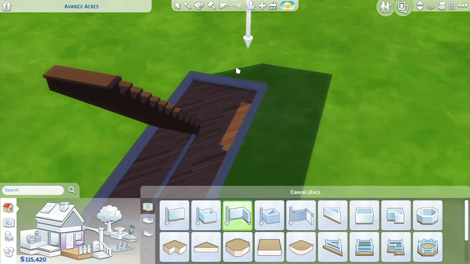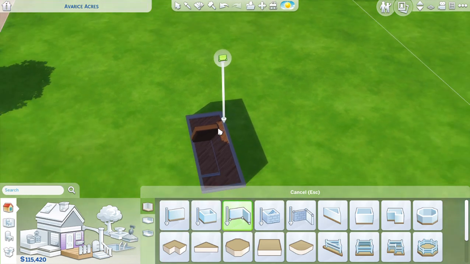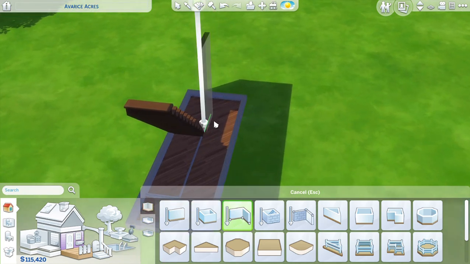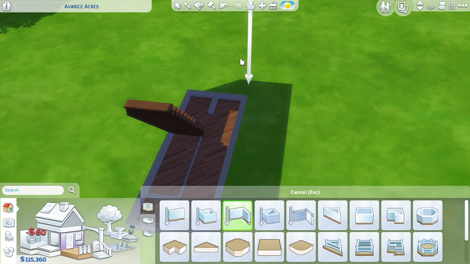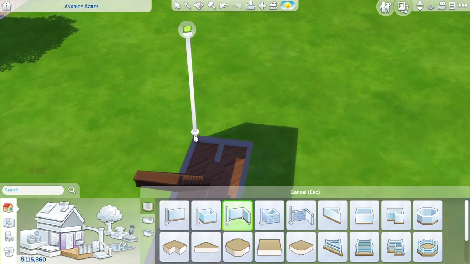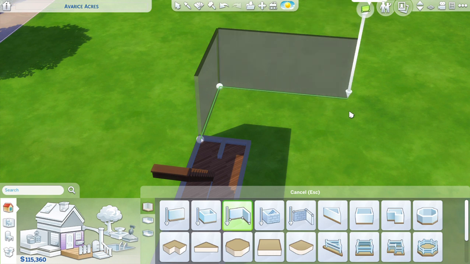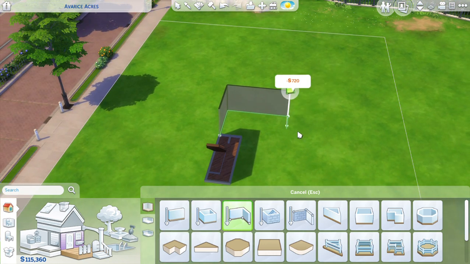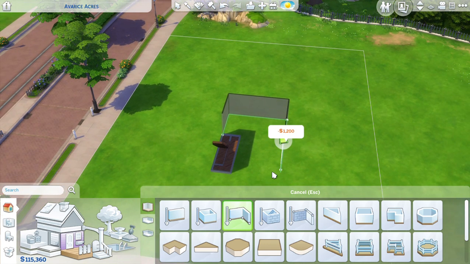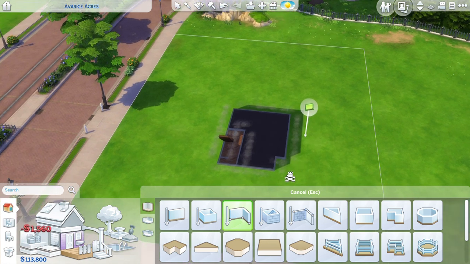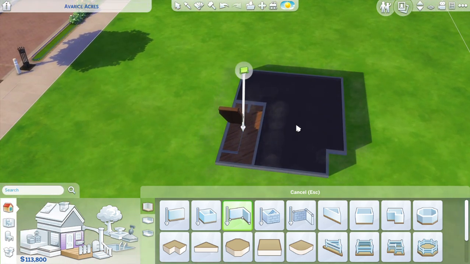But anyway, I think I'm just gonna go over here and just kind of make this little area about like this size. And as you can see, I was gonna make it just a box, but I added a little